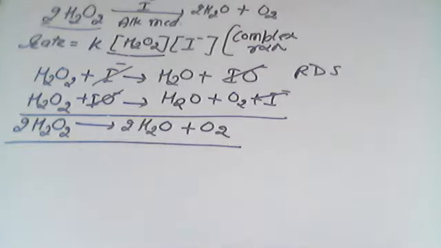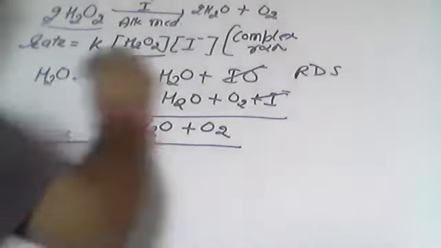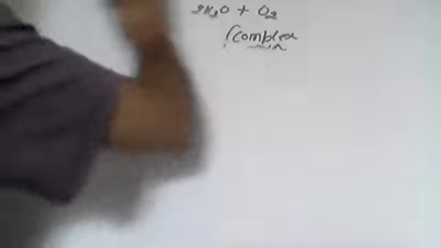This is a somewhat odd example, so it must be clear to you what we have done here. The catalyst is there, that's why I discussed it. So we have done 3 examples and discussed the mechanism. A question can be asked where the rate equation is given and you have to write the mechanism, and sometimes the mechanism is given and you have to write the rate equation. For that you need to practice. So this is the elementary reaction rate equation. Now the next topic, integrated rate equation.